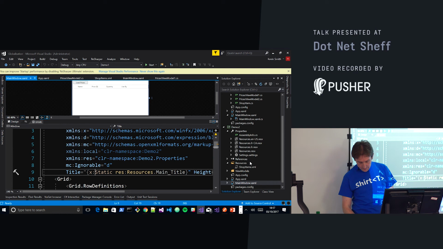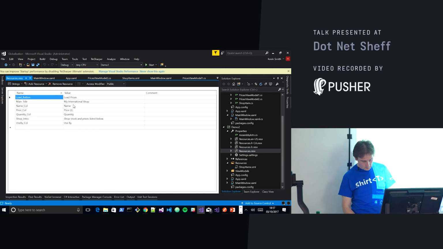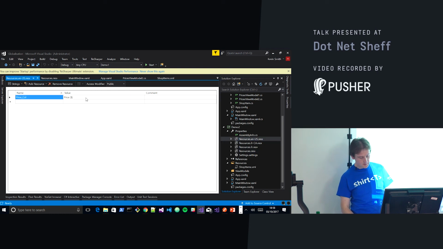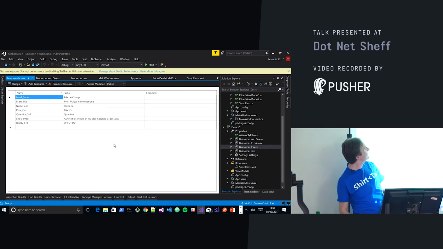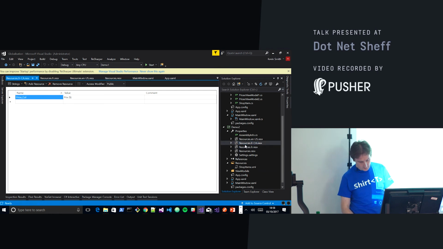So if I have a look at what that main title is in the resources file, that just maps to my international shop. You can see I've done this for all of the column titles and buttons and things like that. This price column has a price in pounds. If I go to ENUS, I've just overwritten that effectively with price in dollars, and it's the same in French. I have Google translated these, so they may not be perfect French, but we've got the price in euros and then the price in dollars if we go to dollars.